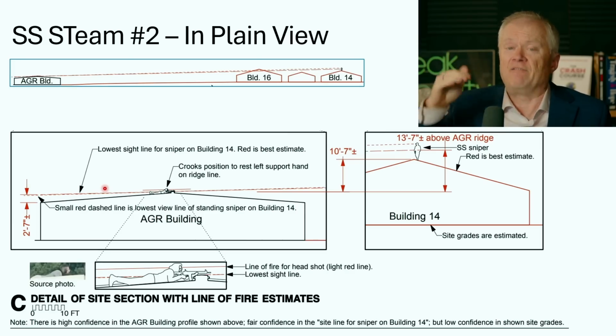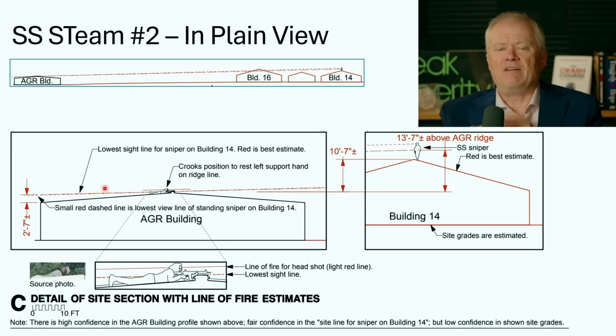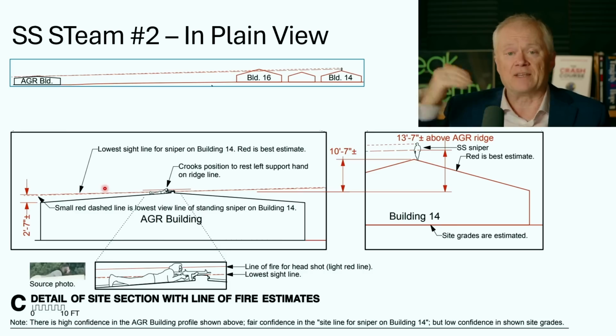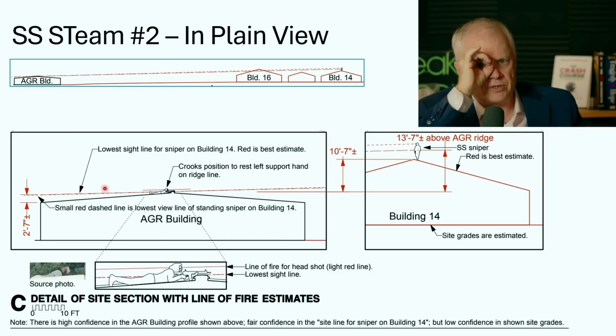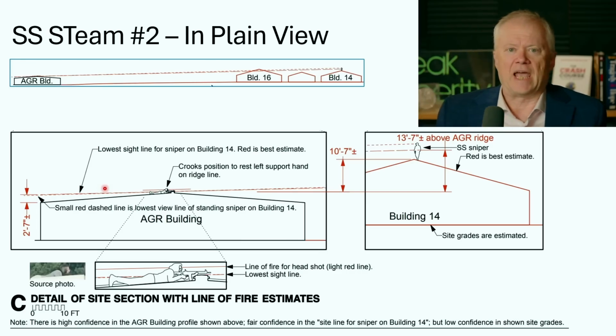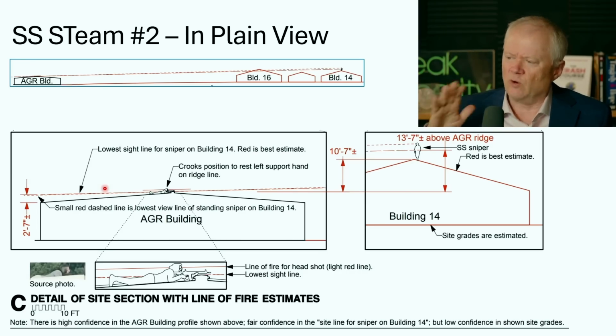But I mean, everybody is keyed on this building, as you will see tomorrow in particular. I mean, everybody's keyed on it. Everybody knows about this. And you can see the snipers are back there glassing. And by the time the shooting starts, they are all not just with their binoculars, they are on their scopes. They are scoped down. If the story, and there's so many stories here that don't make sense, if the story is true